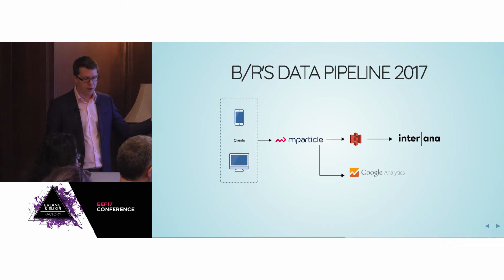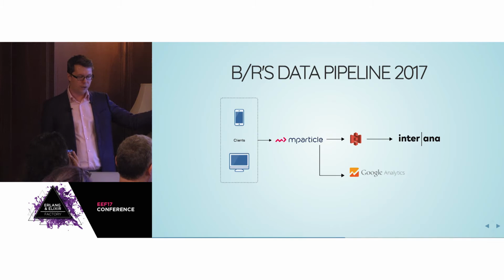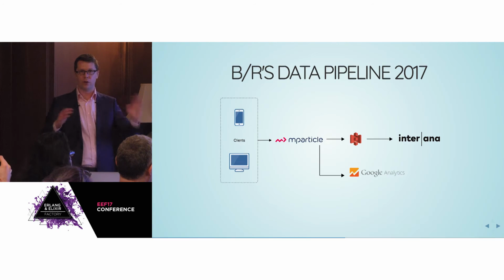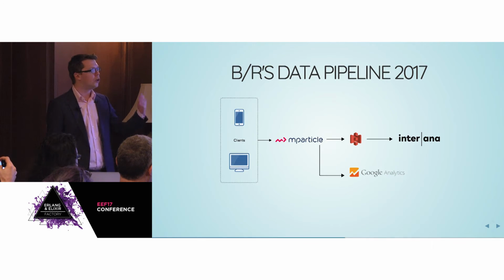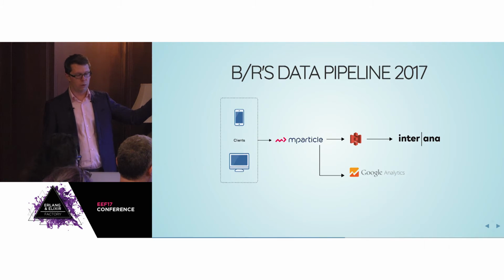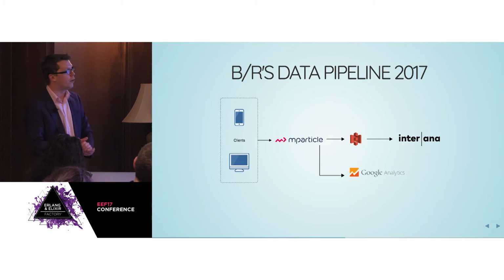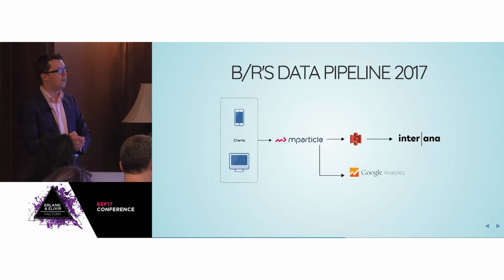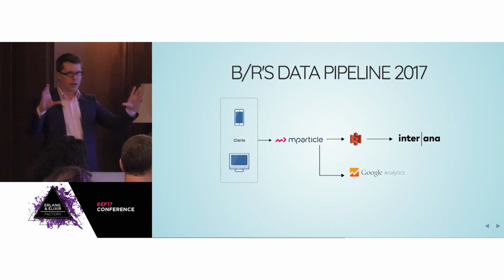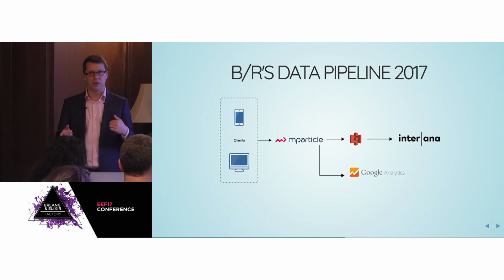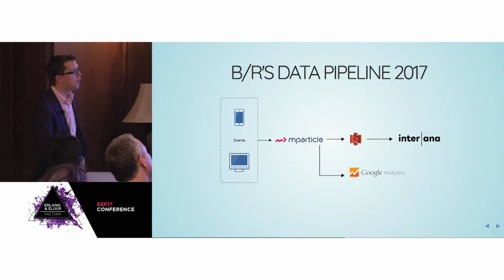We're partnering with mParticle to handle the client events. They duplex the traffic to all the different analytics providers. So Google Analytics, we also use Flurry, a few other things. But the crucial part for me is that it also writes the events to S3. And then the other partner, if anyone hasn't worked with Interana, they're a joy to work with, really great. They provide an analytics API that lets us query the data, and they also have a really lovely web visualization that lets the analytics team play around and explore the data.